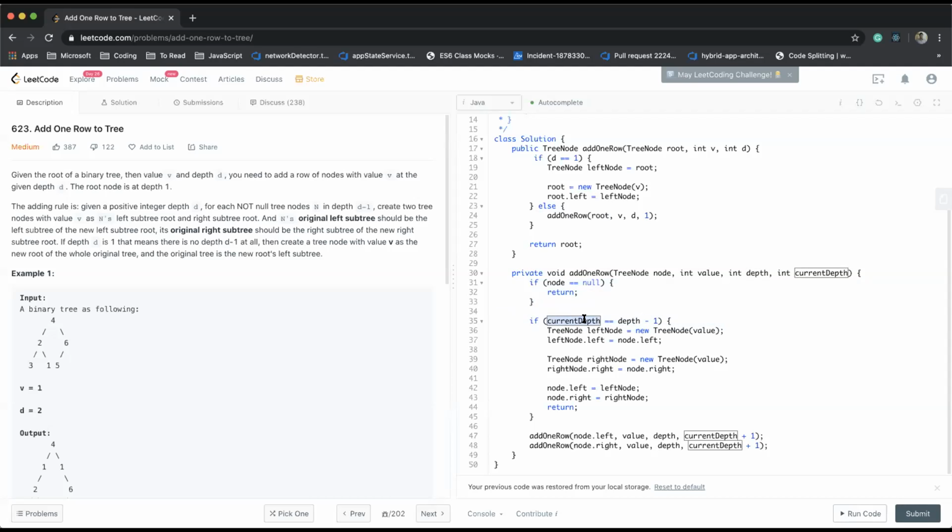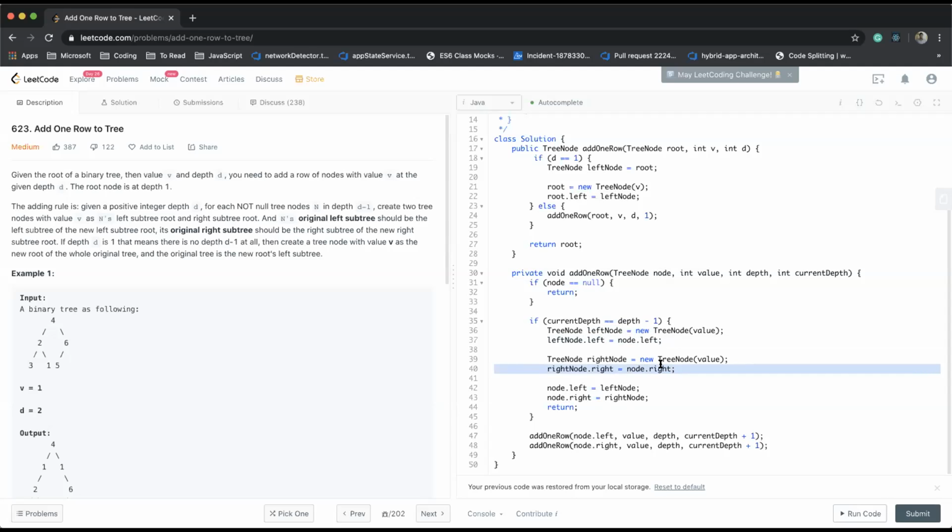Current depth represents the parent, because I'm using depth minus 1. Then at the current node, I create a new left node and a new right node. The new left node's left is whatever the current node's left is, and the new right node's right is whatever is on the right.